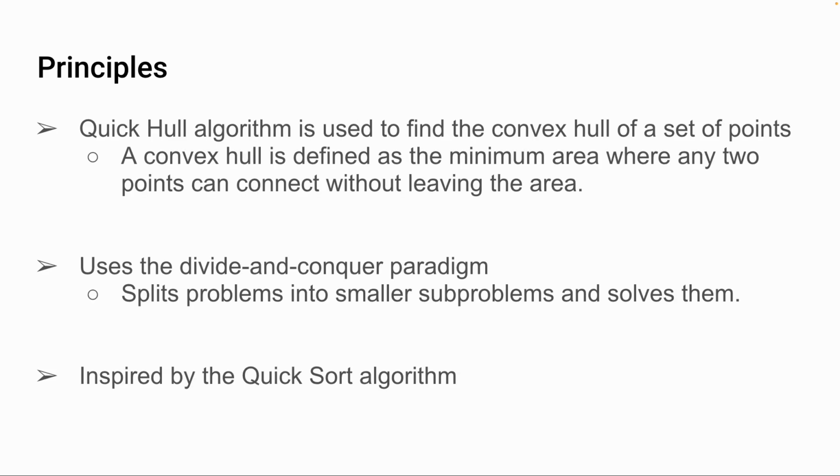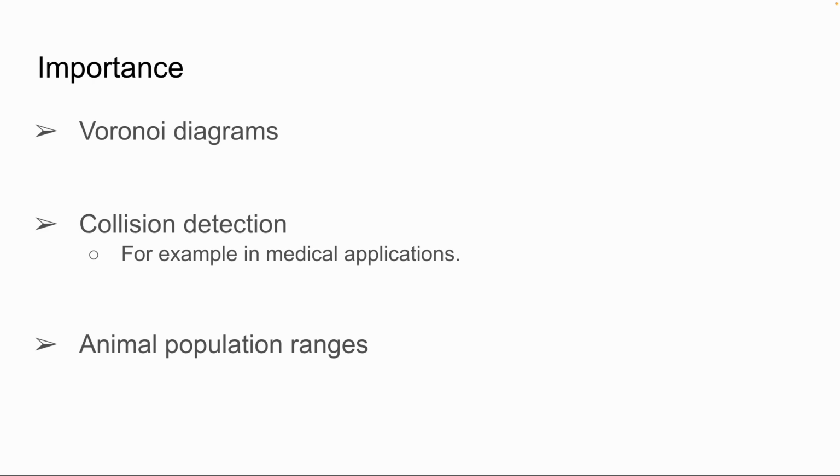The main principle of the algorithm is essentially just to find the convex hull of a set of points. This would be essentially like wrapping an elastic band around a set of points, and that would be the area. It uses the divide and conquer paradigm, so it reduces the search space each time by recursively calling itself, and it was inspired by the quicksort algorithm, which shares a lot of similarities, for example, pivot points and the similar time complexity. So the importance of this,